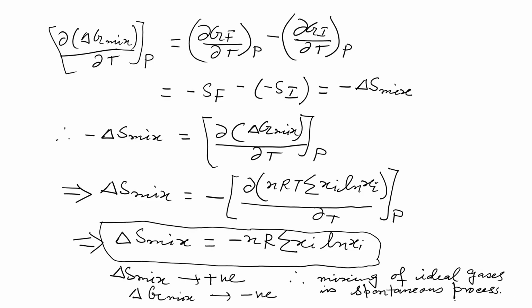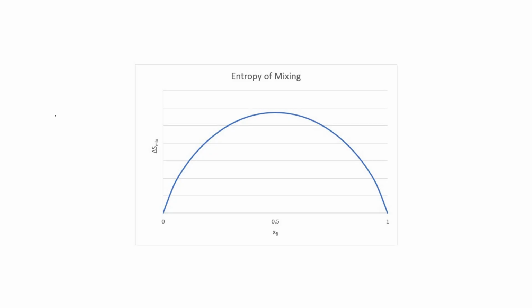So because delta S mixing is positive, delta G mixing is negative. So it is a spontaneous process. Now, just like in the earlier video where we derived delta G mixing completely, here also if you take any two-component system, then delta S mixing is equal to minus nR, then